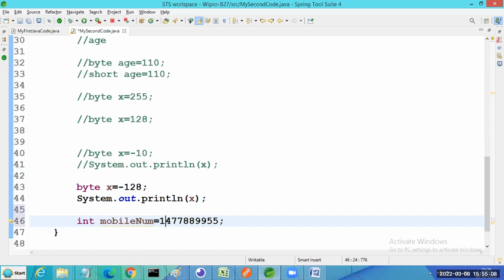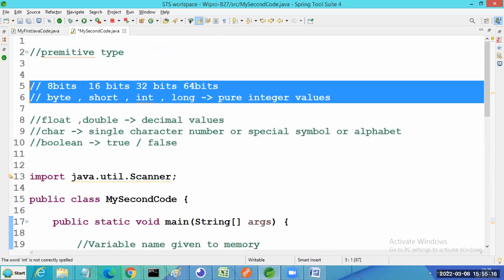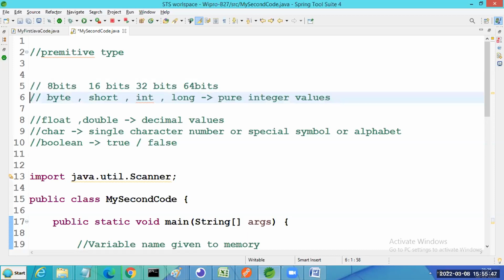Is that clear? Why do we have 4 types of integer data? Why do we have 4 variables? Why not just 1? Can long store everything? Yes. So why not take long all the time? Because it consumes more memory. We don't want to waste the memory. Save memory. That's why we take other types of variables. That's why there are 4 different variable types given to you when it comes to storing integer type of data. Okay, is that clear? Yes, sir, it's clear. Okay, and next